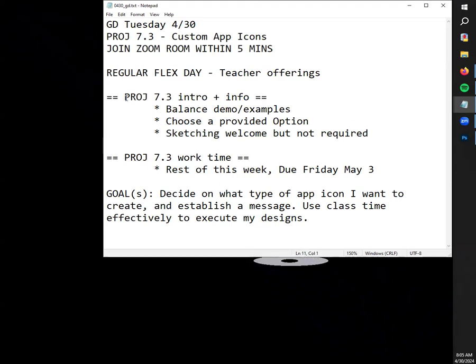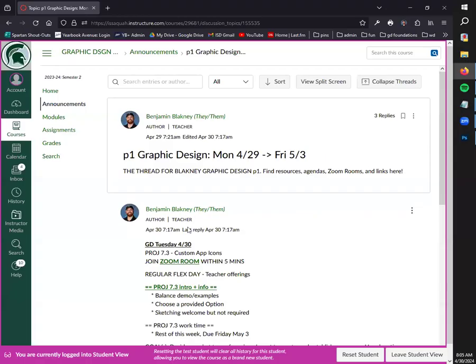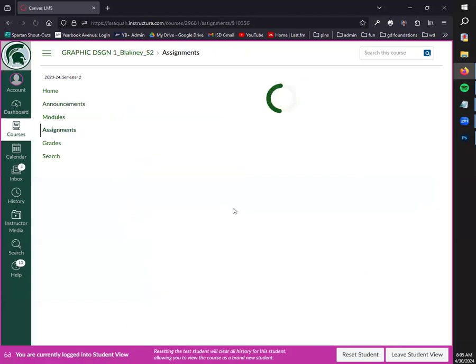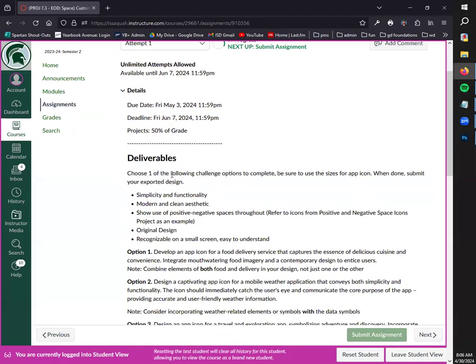So what is 7.3 even asking of you before we start really talking about some of these options provided? 7.3 is designing your own custom app icon, focusing on, we're still in the element of design space, working with those positive and negative spaces. I'll give you an example today of something called balance, which is a very easy way to communicate positive and negative space. And then your deliverables are just choosing one of the following challenge options. So by Friday, all you need to have created is one app icon, sticking with the things that we've covered throughout the other units of making sure you have some type of messaging,